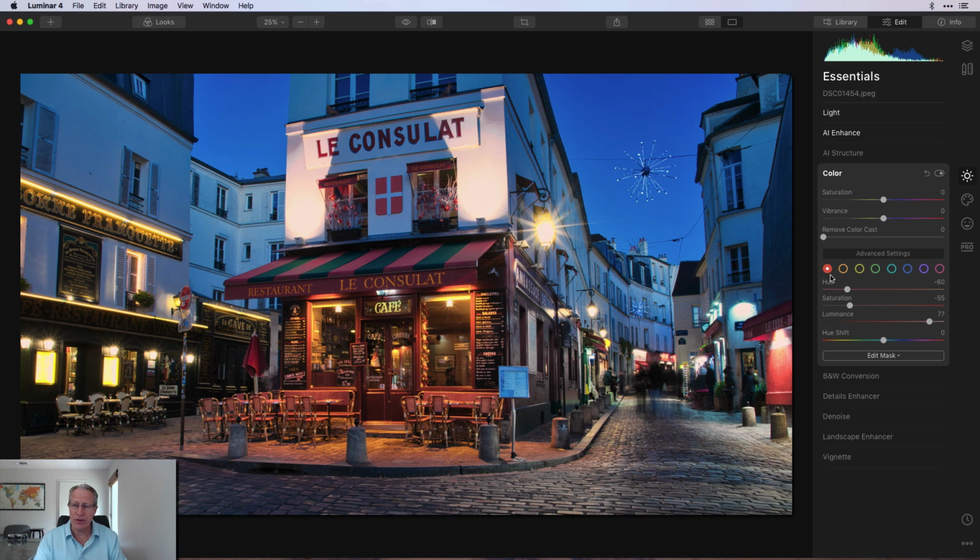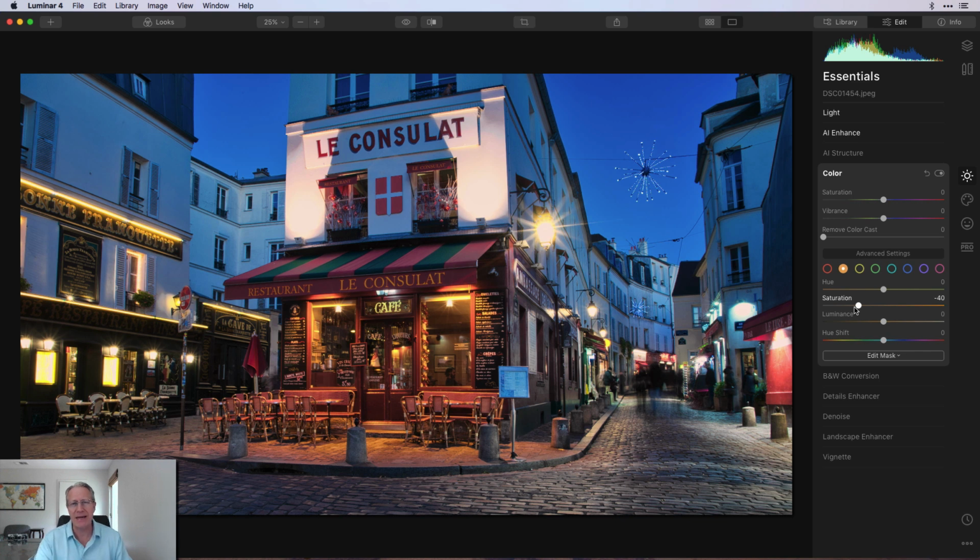So started here in the red, and you can see I took down the hue and I took down the saturation, but I bumped up the luminance. So I changed the hue to make it more kind of that candy apple red. I reduced the saturation because there was too much of it, but I brightened it, which is the luminance bump. Next, I went to orange, and here I just took the saturation down because if you remember,